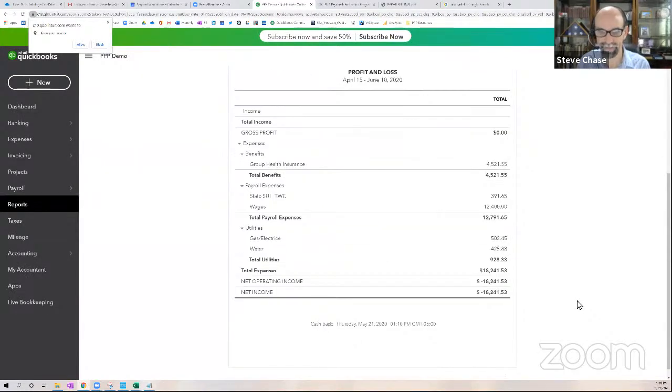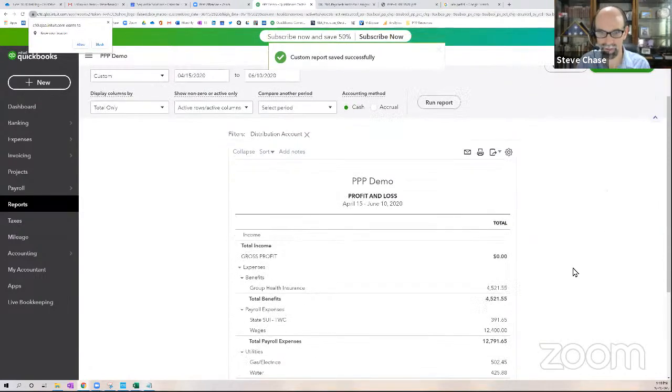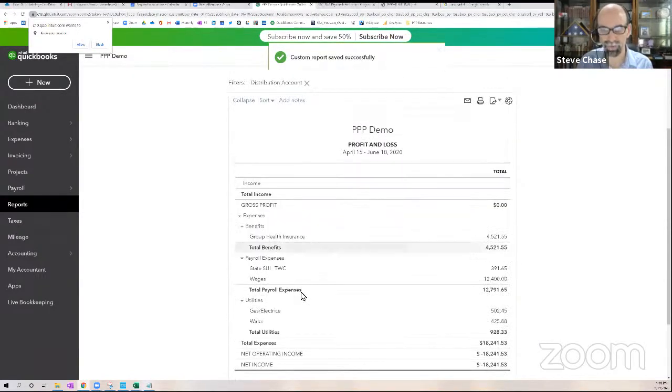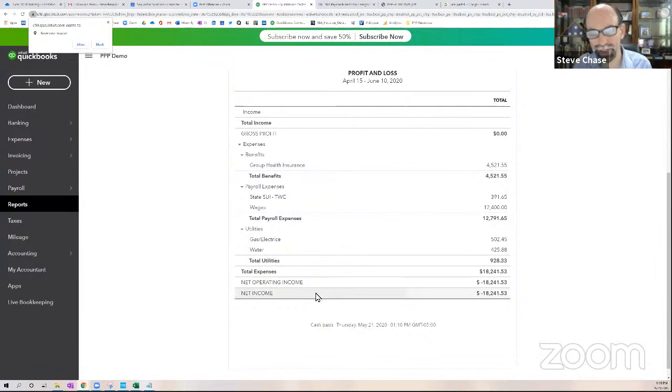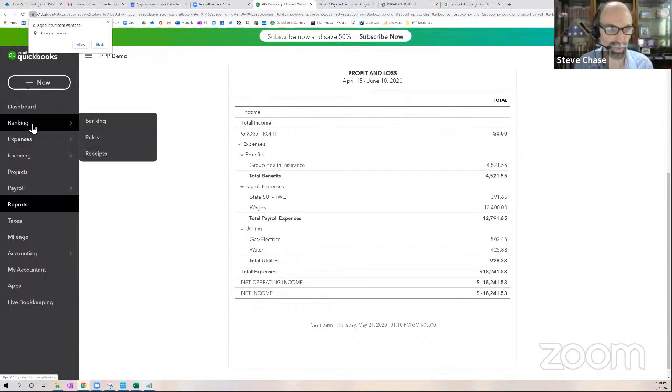There we go. That's what we're talking about right there. So now I just need to save that over top of it. All right. And so we'll come back here in a moment. Let me go ahead and add our group 401k that the owner is paying for benefits on behalf of the matching, the 401k matching. So I go banking,